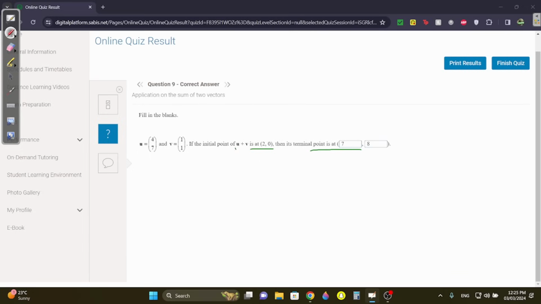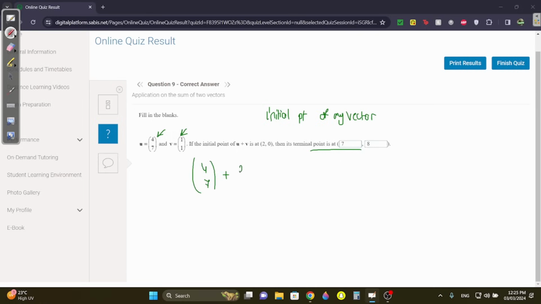Whenever you are adding two vectors and you want to find the terminal point of the sum of those two vectors, first find your initial point. Your initial point of any vector, you could use u or you could use v. Let's see. If you have 2, 0, this is our initial point. And you have u, which is 4, 7. To find the terminal point, you take 4, 7, which is u, and you would